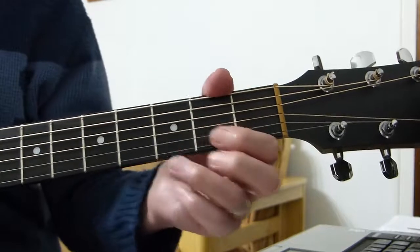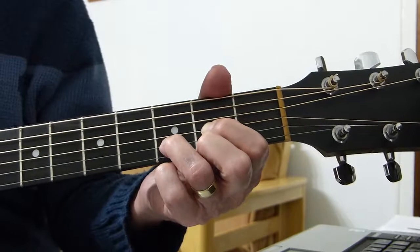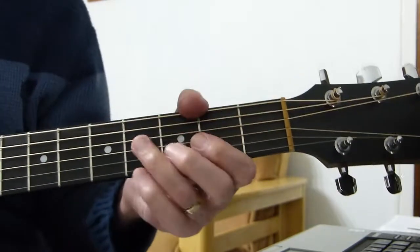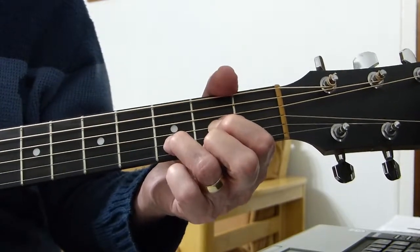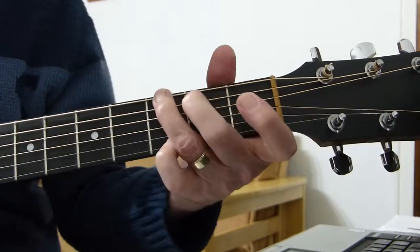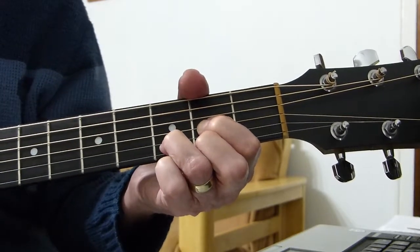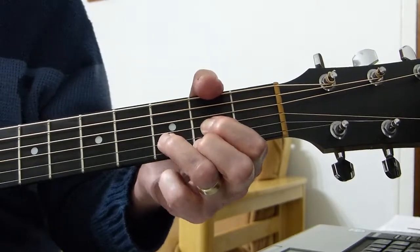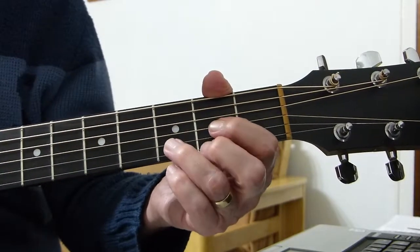So just do that again for you. So we've got that. Again, slowly. I'll play it really slow this time. Okay. Now the second riff is quite